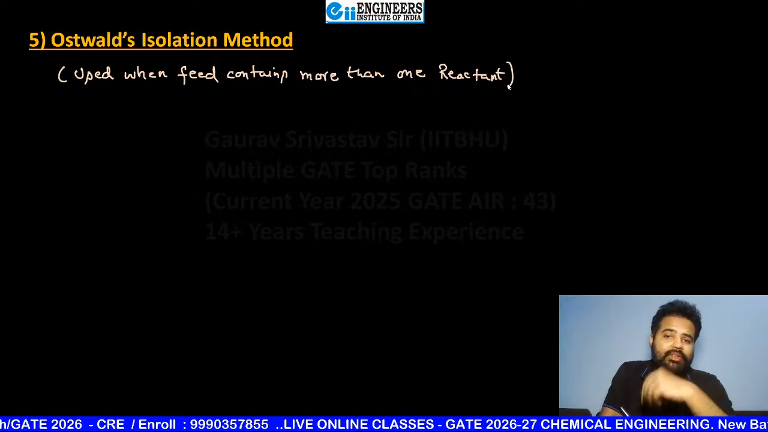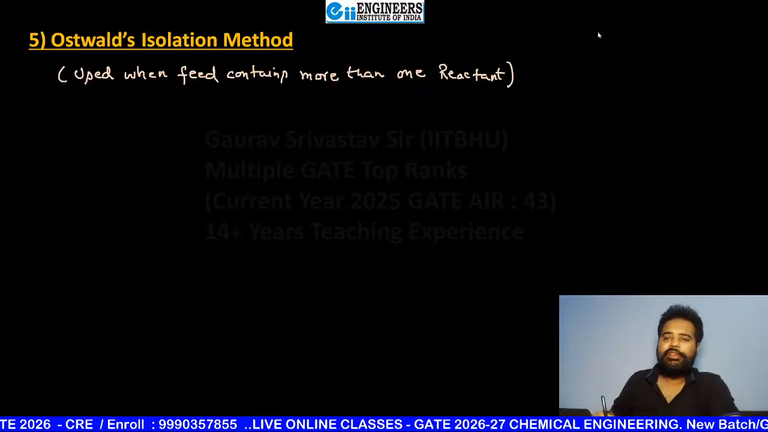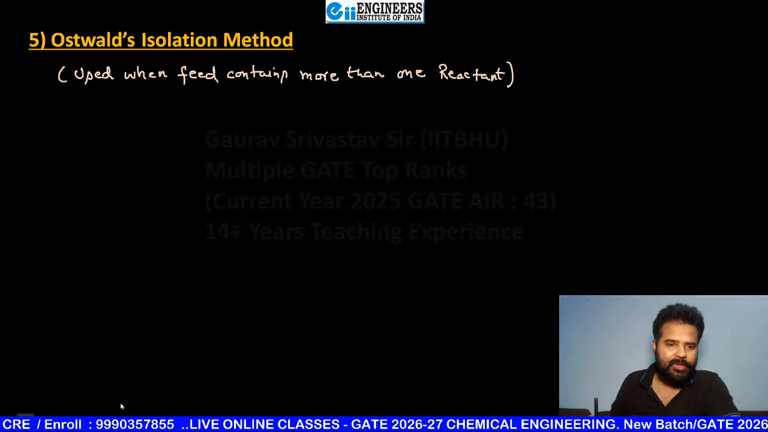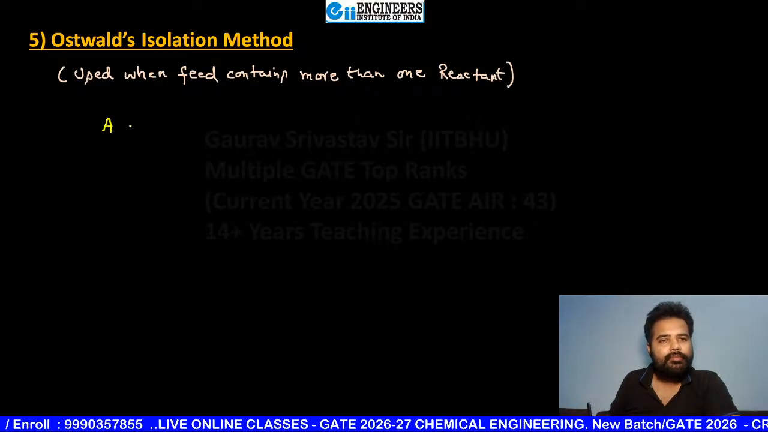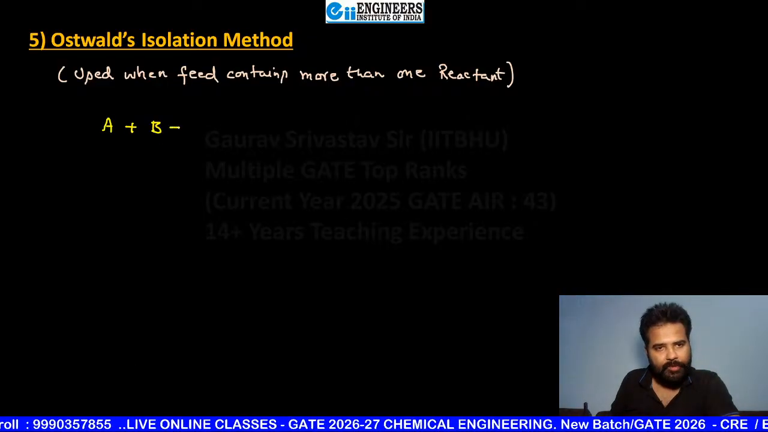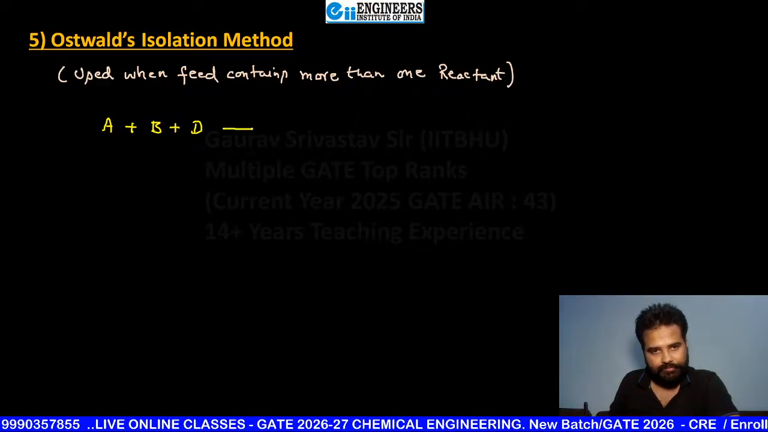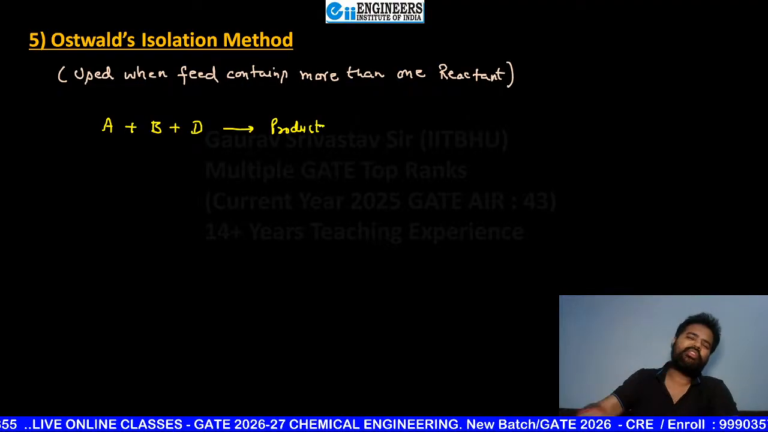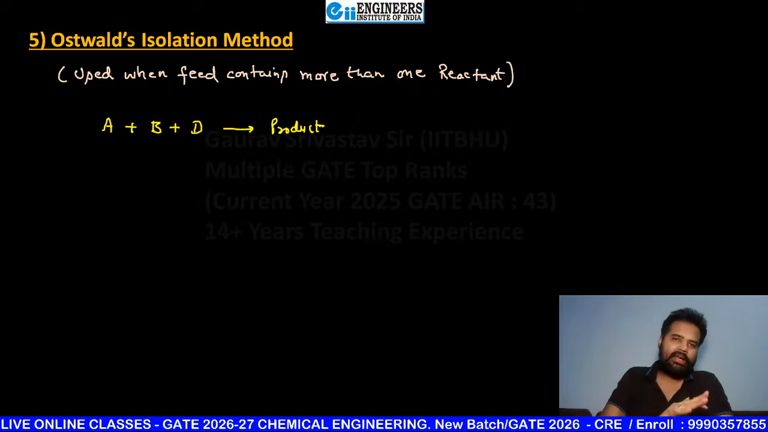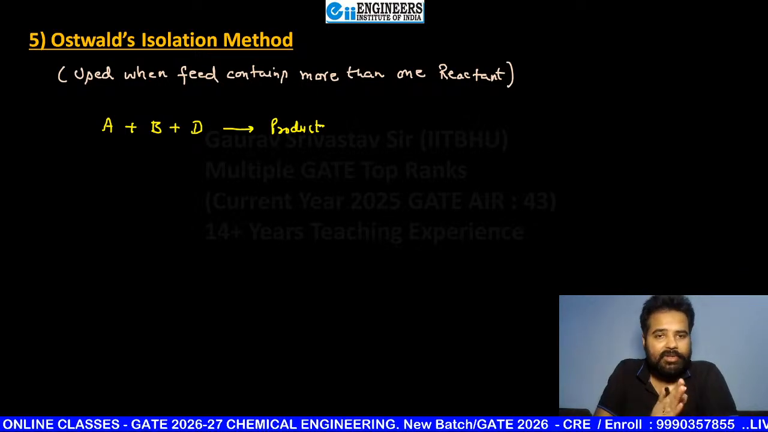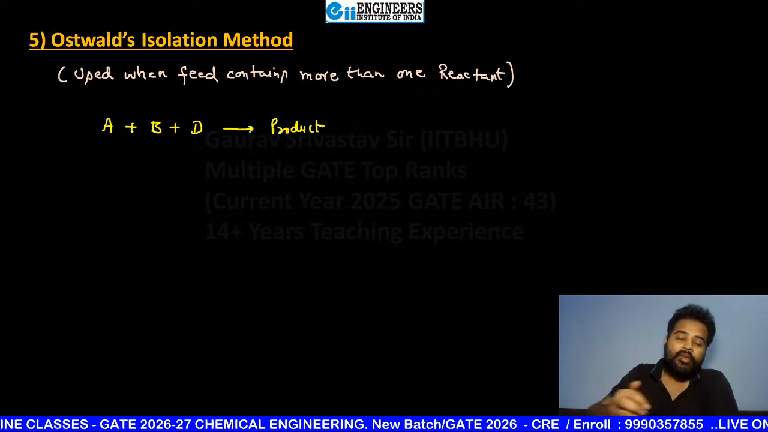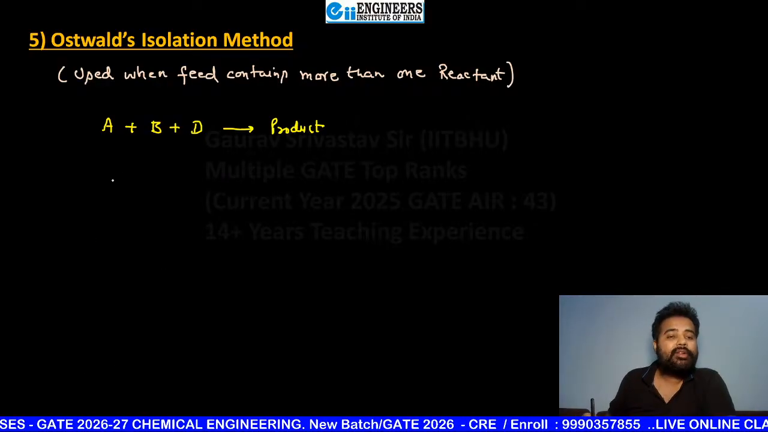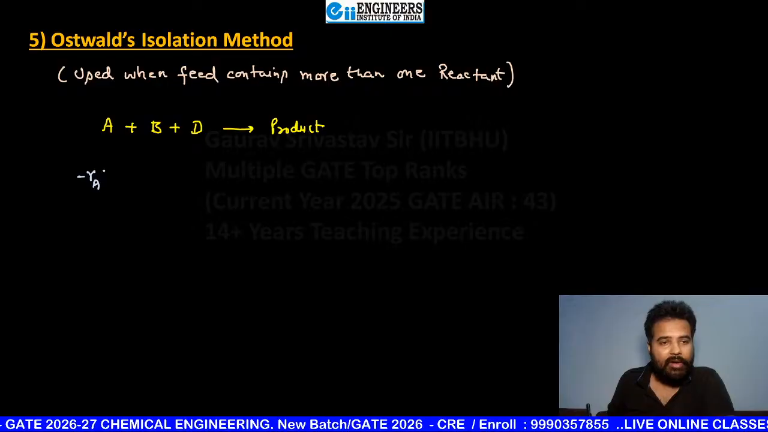That means if some reaction is there, suppose A plus B plus D forming product. Suppose this is a typical reaction. Any reaction can be there, maybe only A plus B, so I am just assuming one example here, like A plus B plus D forming product. And for this given reaction, suppose the rate expression that you are writing is